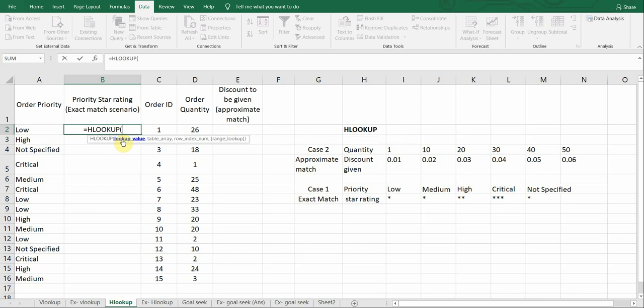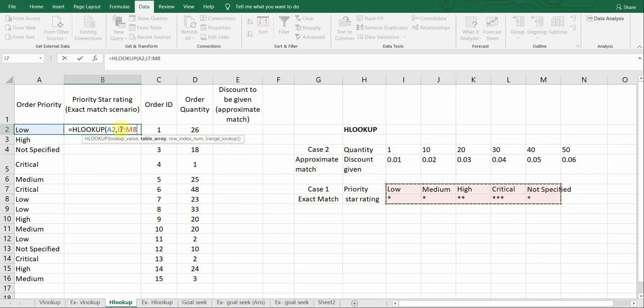You just have to double click on that, and if you notice, the 4 input values that we need to give over here are very similar or exactly the same as we had given in the VLOOKUP. So the first input is the lookup value, which is the value that we need to look up, that is in column A. In the table array, this is going to be our table array from where we need to look that particular value.